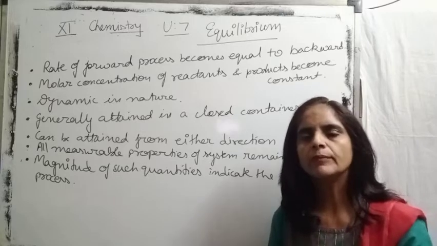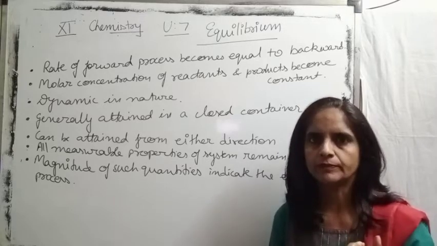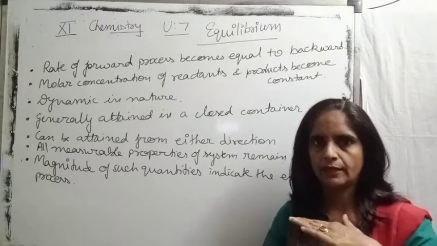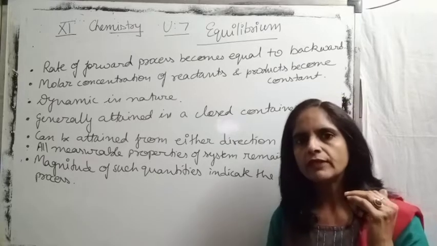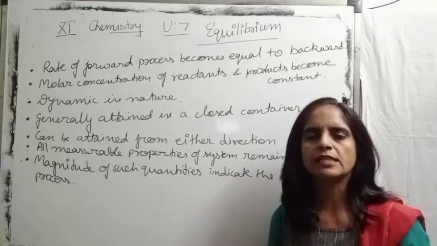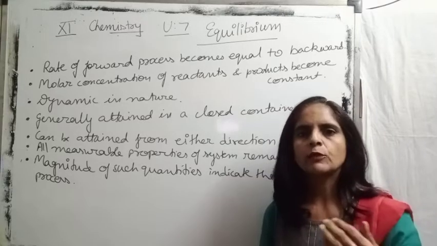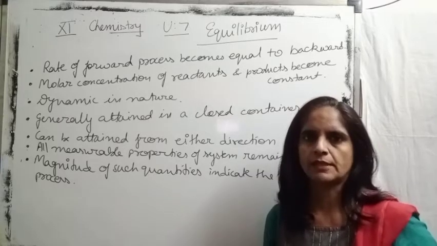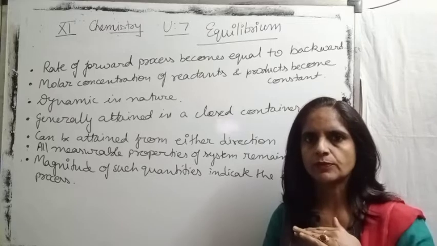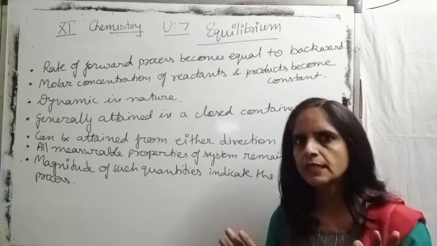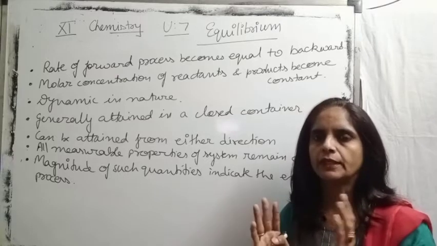First, the simple meaning of equilibrium. Equilibrium, as the name suggests, means equal, right? So whenever the rate of forward and backward process becomes equal. Suppose I am going 4 steps forward and coming back 4 steps, that means equilibrium stage. So at equilibrium stage, we cannot observe any change happening.